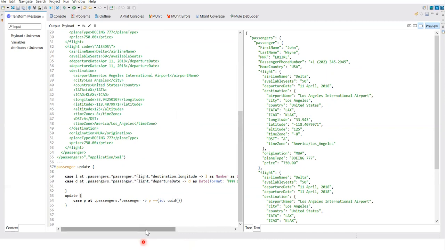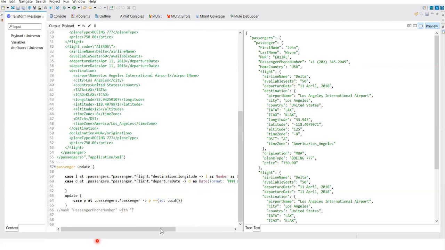What we are going to do is mask the passenger phone number. Simple. The way we applied the update operator on the payload, in a similar way we'll apply the mask. We don't need curly brackets. What is your field name? My field name is passenger number. I'll use that field name, and with what value you want to mask it. So I will put the parameter. Right now it's empty. Let me build this first.